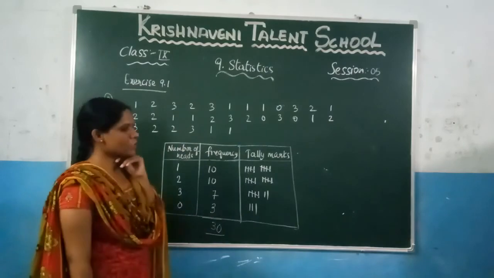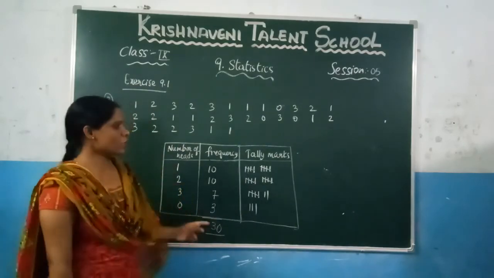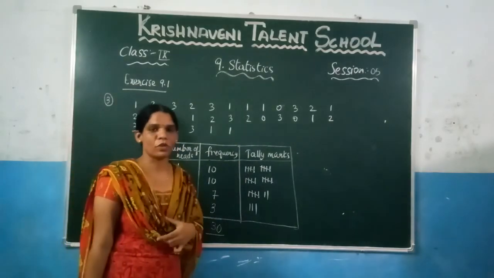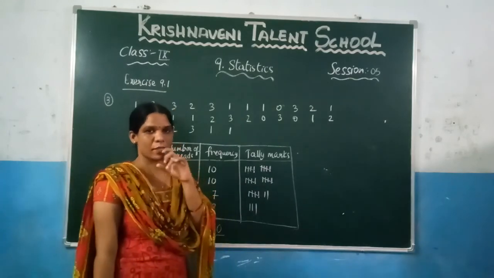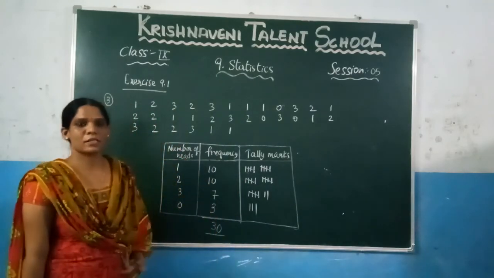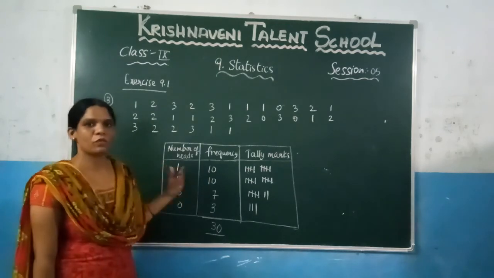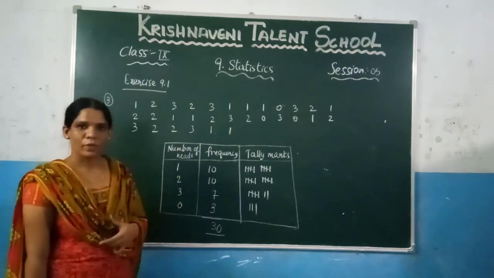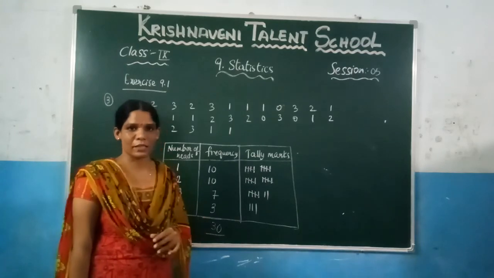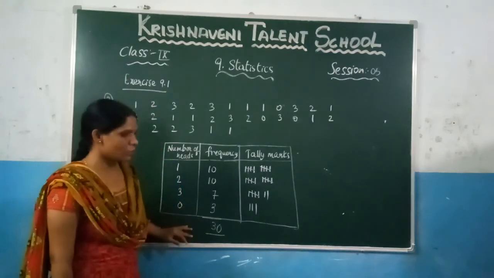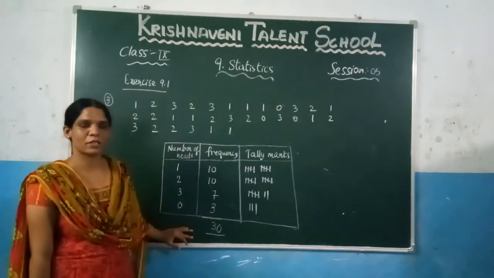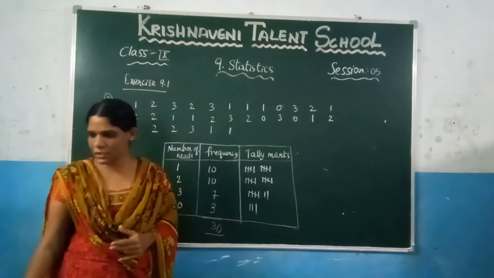This is about this question. What the question has given here is that you need to form the frequency distribution table based on this data, such that you find how many times the number of heads occurs when 3 coins are tossed simultaneously. Based on that, we have drawn the frequency distribution table. Now in the next session we are going to